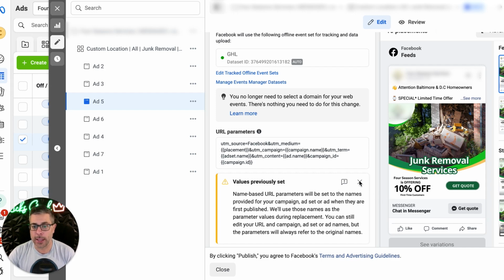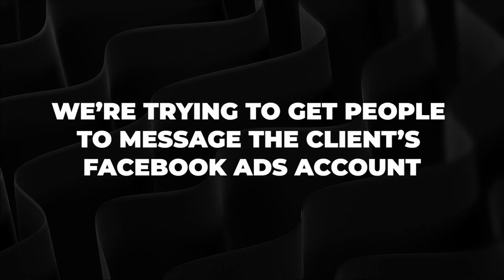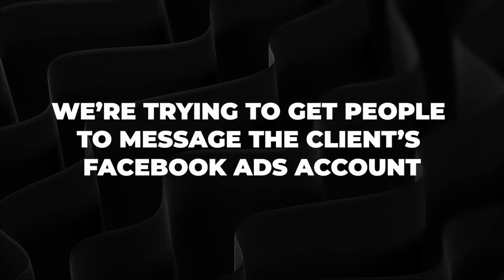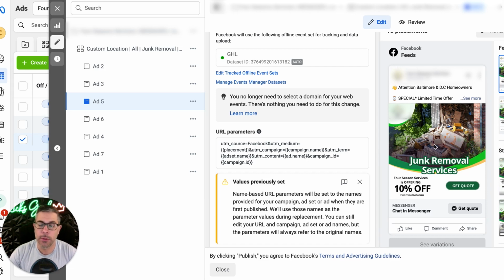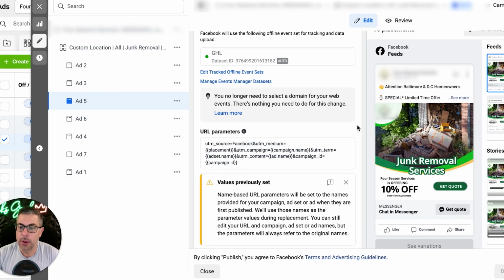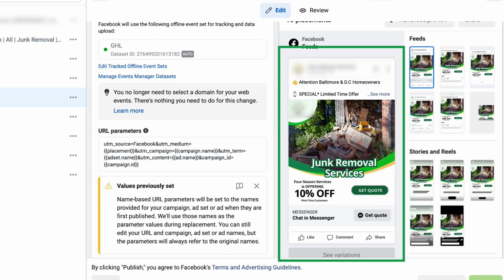So this client is running, as I said, a Facebook Ad Messenger campaign, right? So we're trying to get people to message the client's Facebook account page, pretty much, right? So here's the ad. Obviously, I have to blur out the client's name here, and everywhere else you'll see it. I have to blur all that out. But here's the offer, right? It's very basic. It's 10% off, right? First time